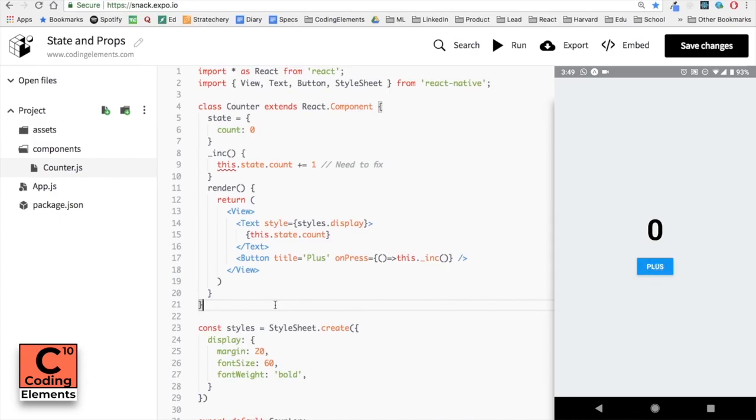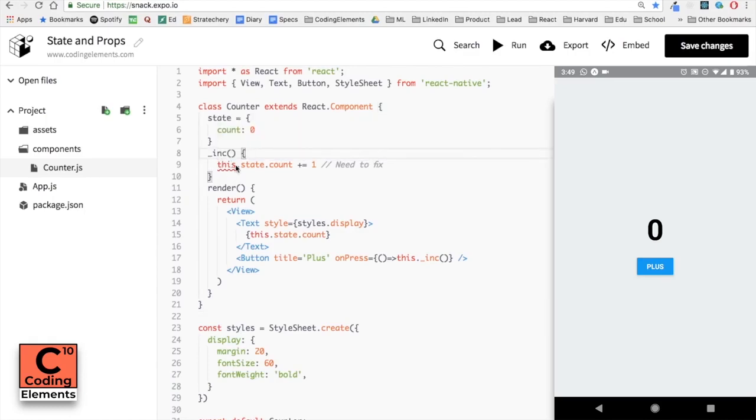The problem is that even if we might have increased the value of state.count, the value on the screen is not being updated because the screen is not being refreshed or re-rendered, and we are not getting the new value. So we may have changed the value of state.count, but because we have not re-rendered the screen, that updated value will not be shown to us. And the second problem here is that in React, whatever state we have, we can't just directly update its value because we treat it as immutable. Immutable just means that we cannot change its value directly.